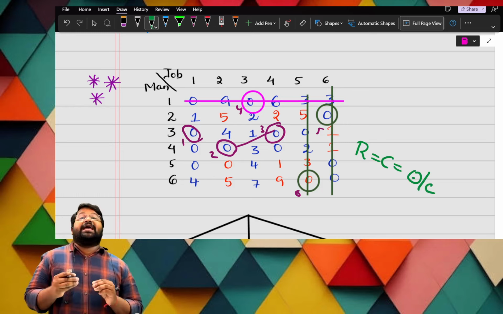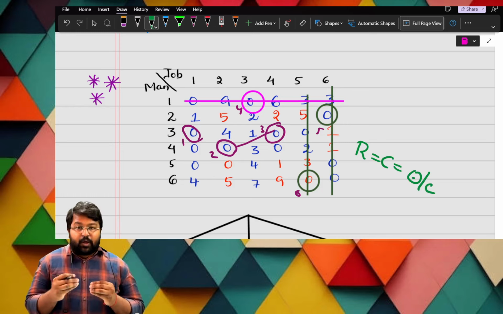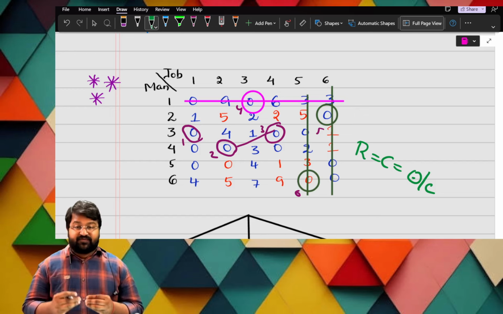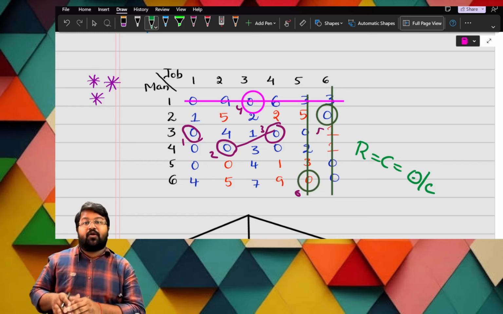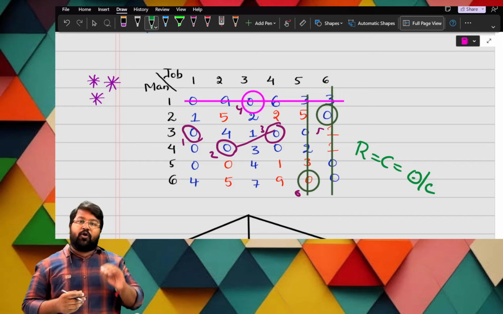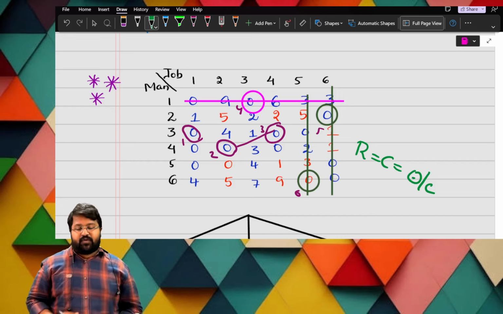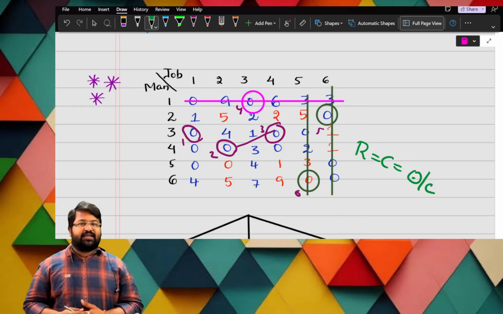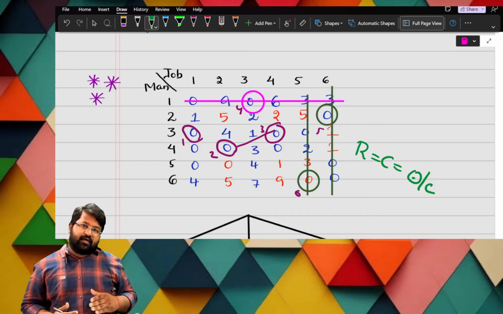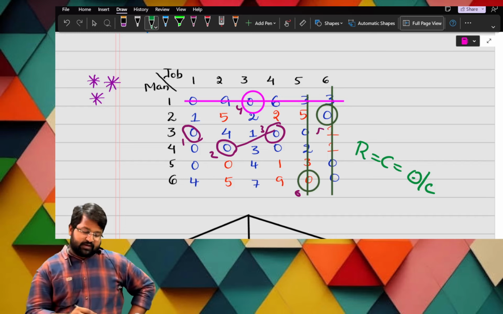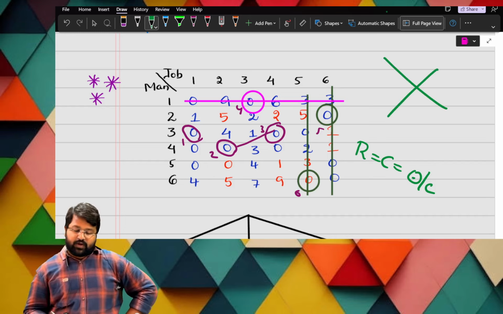So this is called diagonal allocation. When we are doing the improvement step, the test for optimality, and we are unable to find a zero in a row or column, we are left with some zeros. Then what do we have to do, ma? We have to go for diagonal operation or diagonal allocation. Diagonal means it will not be straight, it will be in a crossed manner. Diagonal like this.